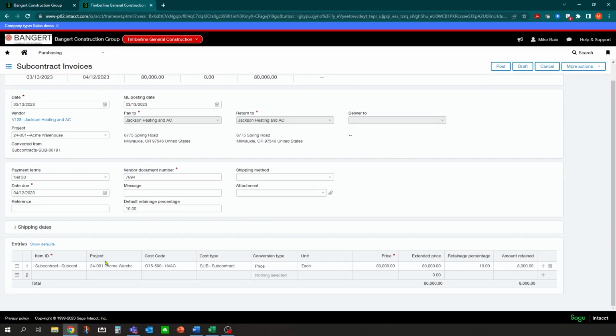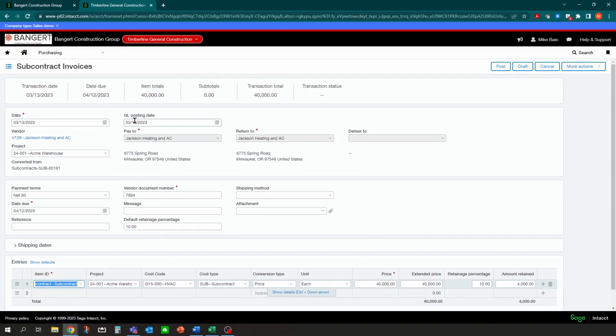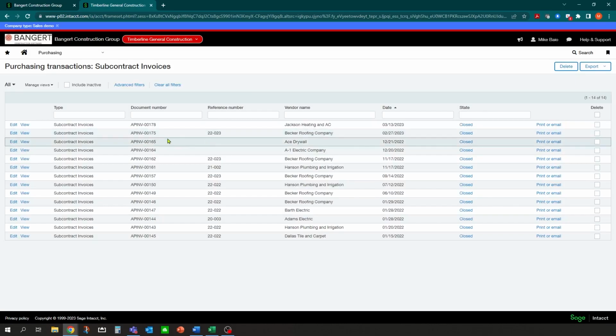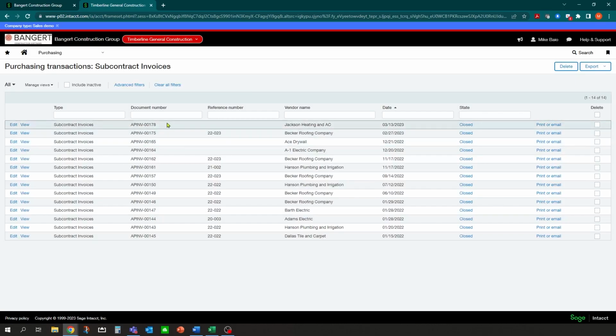And then really the only thing you need to do is determine if they're invoicing you for the full amount or a different amount. So let's say if it was just $40,000, you can come down into here and say they're invoicing us for $40,000. And just have a remaining in there. So let's say it is today's date, and we can hit post, and that will actually post to your accounts payable into your general ledger and a job cost into the job costing system.